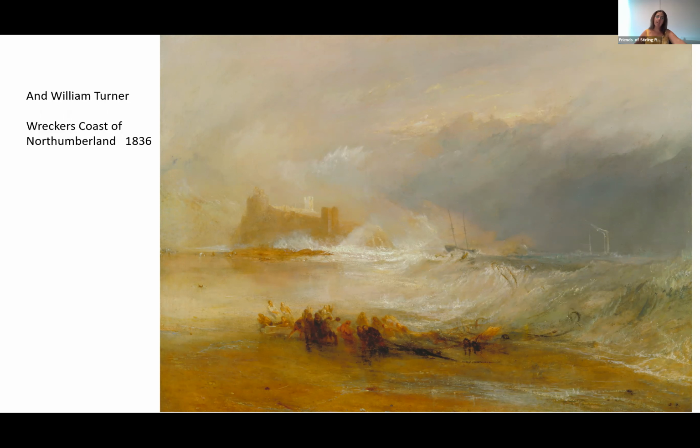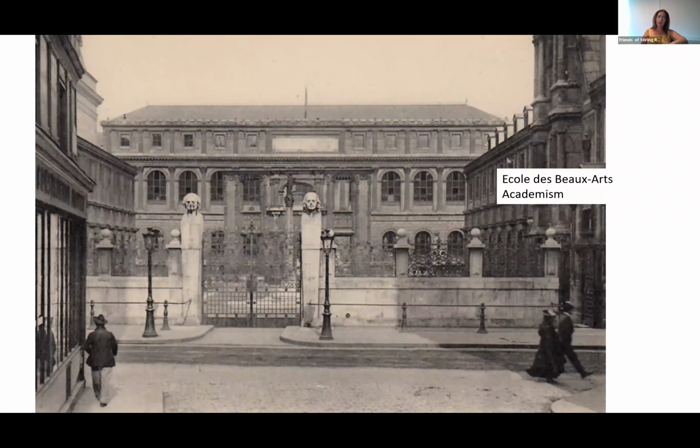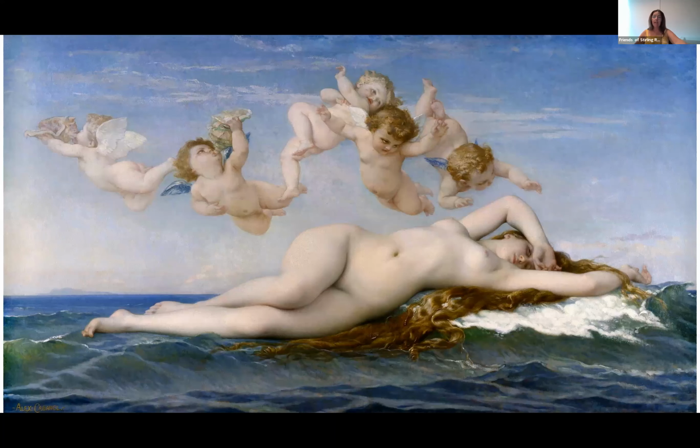So they're going to take this from William Turner's painting. On the other side, we have the Academy, the École des Beaux-Arts. This is the way that you have to learn art. This is the way you paint. There are several techniques, and whatever is out of that norm, people do not like it. But of course, the Impressionists are going to go out of that idea, and they're going to be the rebels